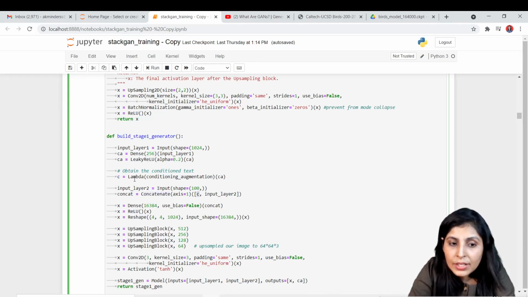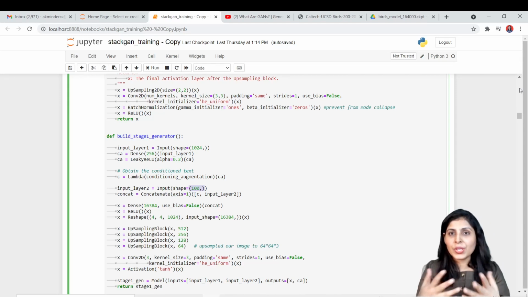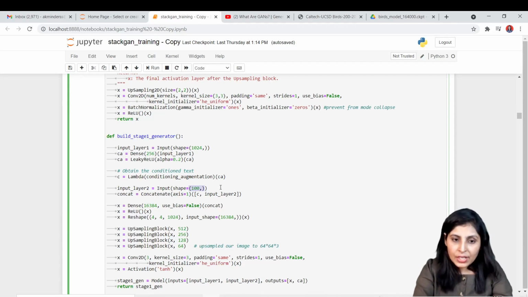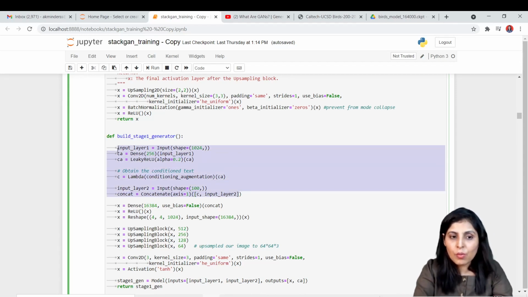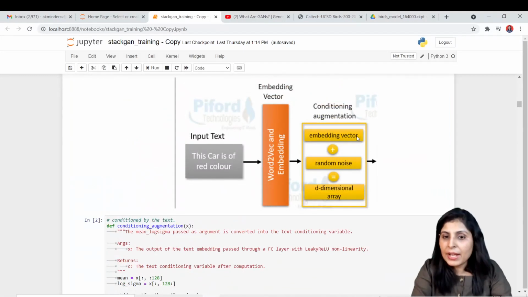We want to concatenate this C with input layer 2. What is there in input layer 2? Random noise of 100, right? This is what the generator needs. So we concatenate the embedding vector with this random noise, and we get a d-dimensional array now. Let's see what this d-dimensional array is.